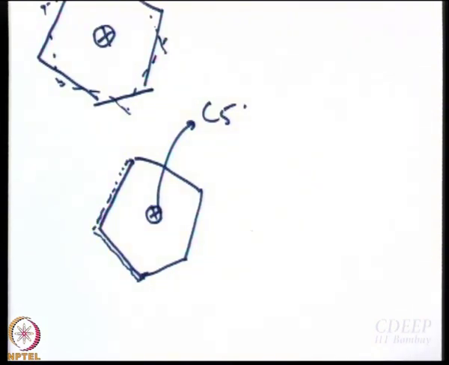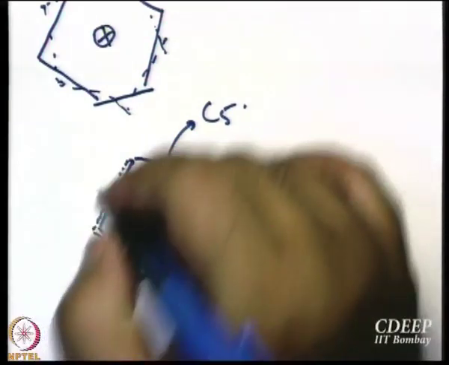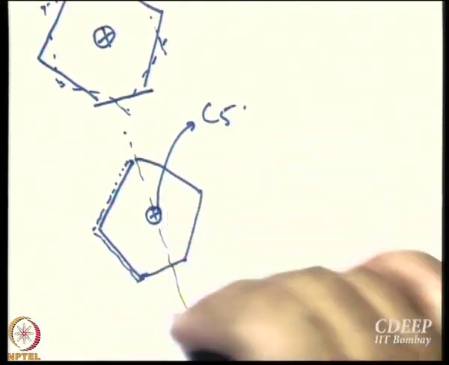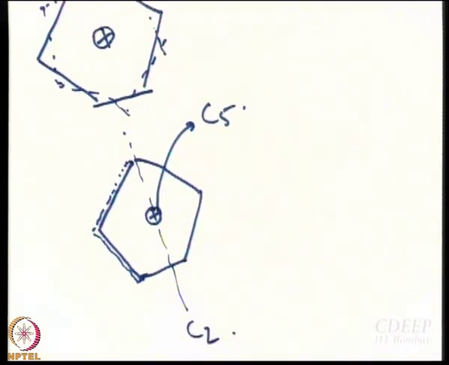C2. In this case, C2 is very easy to understand. C2 would be like this. But still, don't forget that this C2 is not on any of those planes. Even this C2 goes through the ferrous ion and is perpendicular to the C5 axis. Are you all okay with that? So the C2 passes through the ferrous ion. It's not on any of these rings and it's perpendicular to C5. How many such C2s are there? 5.